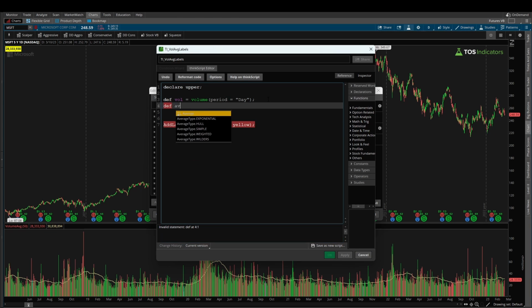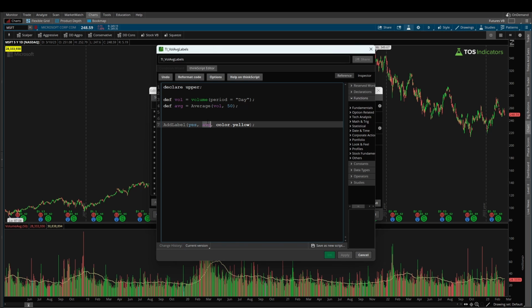I'll add in one more variable here called average, and we can use the average function. This is a function built inside of ThinkOrSwim, and we give it the parameter volume, and we can specify for how many days we would like to see this average. So I have down here the volume average indicator where it's tied to the number 50, which we can use to test. So I'll feed in the value 50 here for the time being as we're still in our testing phase. I'll take this average, plot that out in our label, which we can use to test, click apply, and we can see here the average is